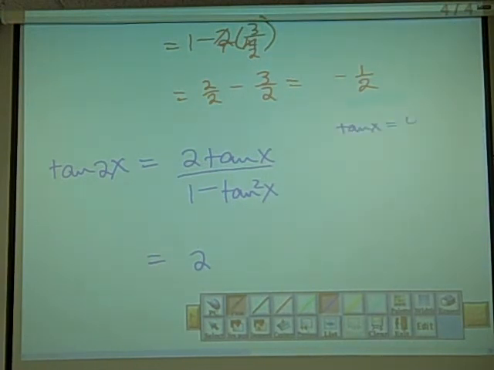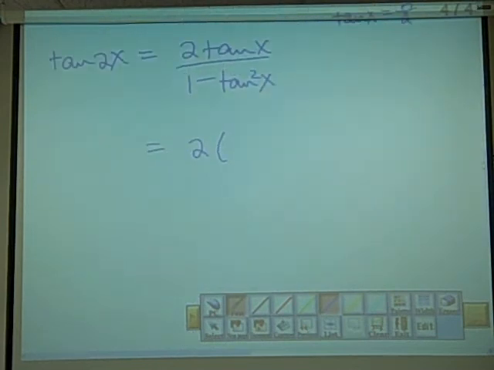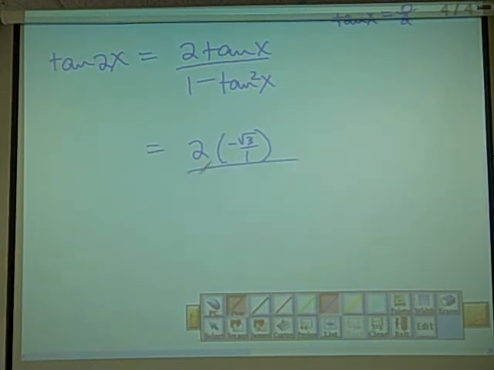Tangent x equals opposite over adjacent. So this will be, and opposite we said is negative square root 3, adjacent is 1. And that's going to be over 1 minus, and then